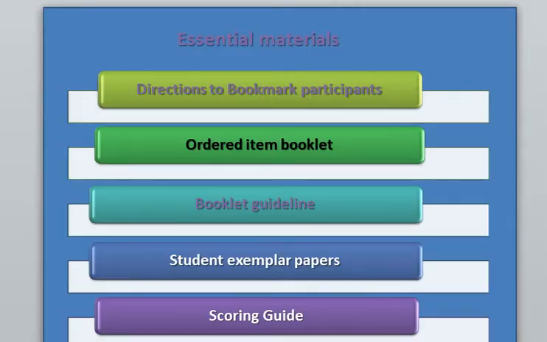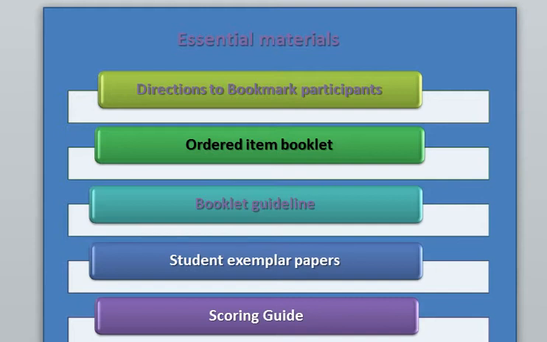Dear students, experts focus on the following steps while working on this method, and the essential materials required for this method are: Number 1, directions to bookmark participants.